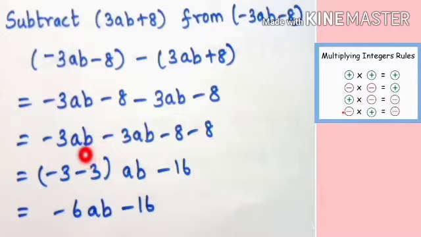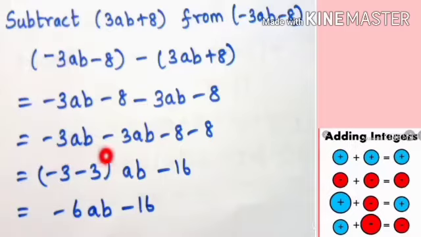what will we do? Yes, we have to arrange the like terms separately in the algebraic expression. So minus 3ab, minus 8 and minus 8 are the constant terms. So here minus 3ab and minus 3ab. From this we have to add the coefficients alone. So minus 3ab minus 3ab. Now adding two negative integers always results in a negative sign. So minus 3 and minus 3 gives minus 6ab, minus 8 and minus 8 gives minus 16.